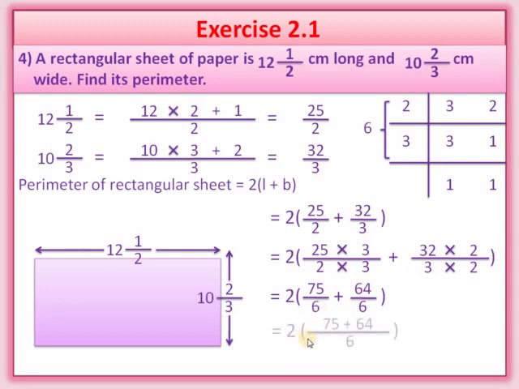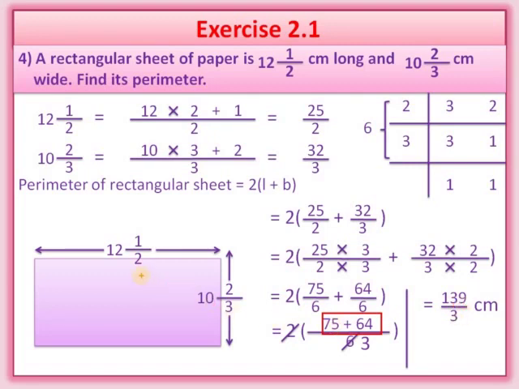So obviously 75 plus 64. So what will be the answer? Here you can see 2 and 6. 2 times 3 is 6. 2 cut in the numerator and the denominator. So the remaining is, if you add, 139 upon 3. What have we done here, beta, we add these two numbers: 75 plus 64 is equal to 139 upon 3.